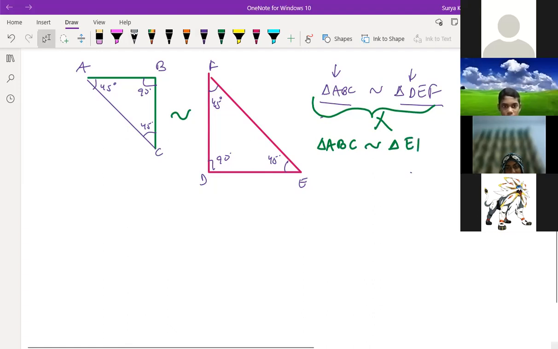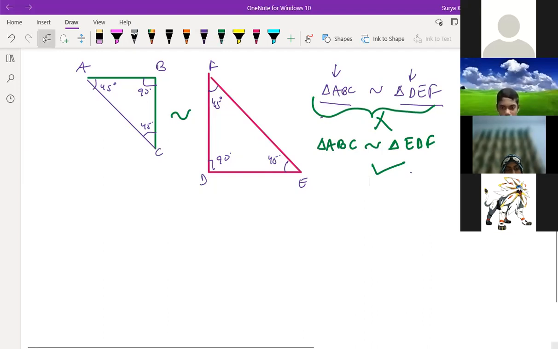EDF, correct. This is the correct way of writing. That's it. This is the main concept, children. If any question is asked, first you draw the diagram. If you're not understanding, then you proceed further. Okay, others, is it clear what I'm saying here?